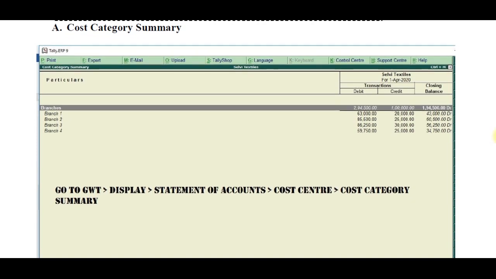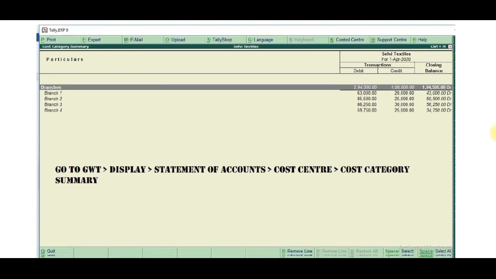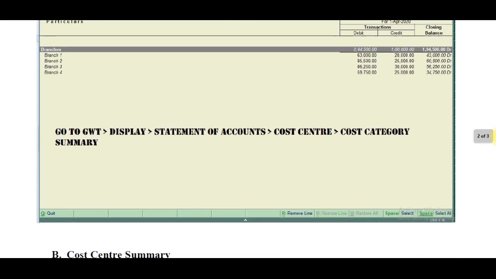You can see your result to compare this. And also, go to Gateway of Tally, display statement of accounts, cost center and cost category summary. In the balance training days, I also give the same screenshot of the reports.